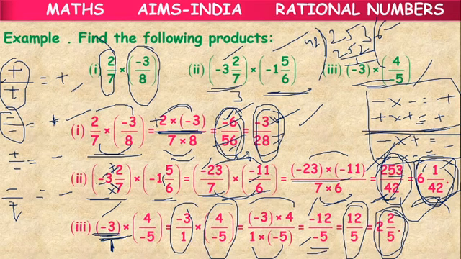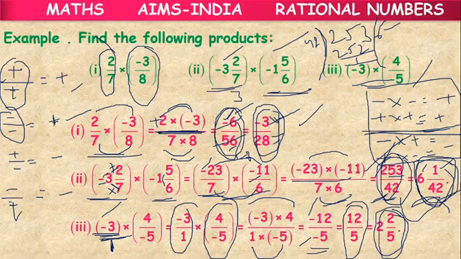Here children, be careful regarding the signs of rational numbers, because if you change the sign, automatically its value will change, because negative numbers will be on the left side of 0, positive numbers will be on the right side of 0. So if you change the sign, their value will become left and right. So the answer will be wrong. You will be losing the marks, though the total solution is correct. But if you make one minor mistake with the symbol, the total answer will be wrong.